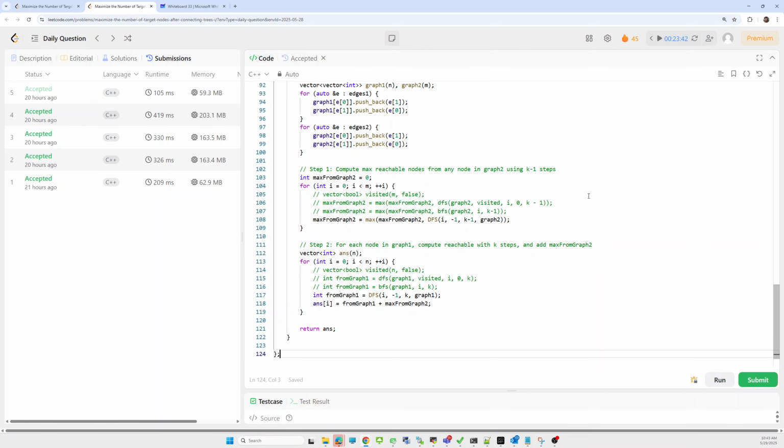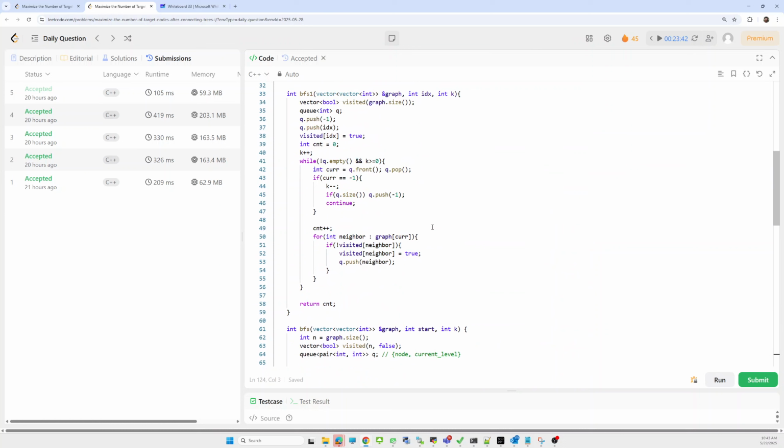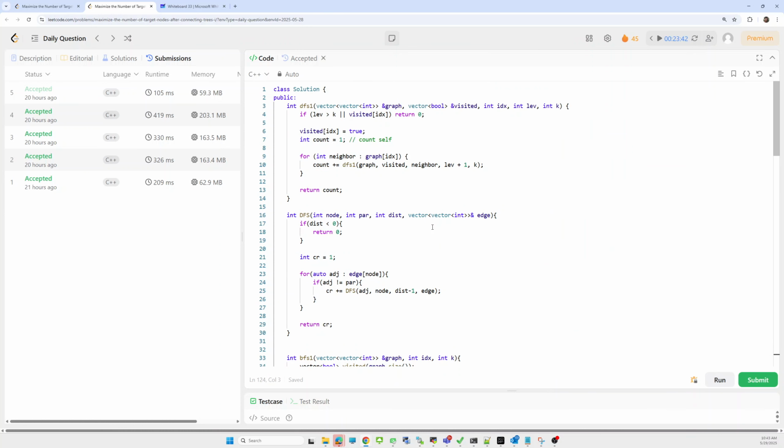So what's the difference? In the previous one we are sending the visited array, but in this DFS we are not sending any visited array. Just one thing made that much of a big difference.